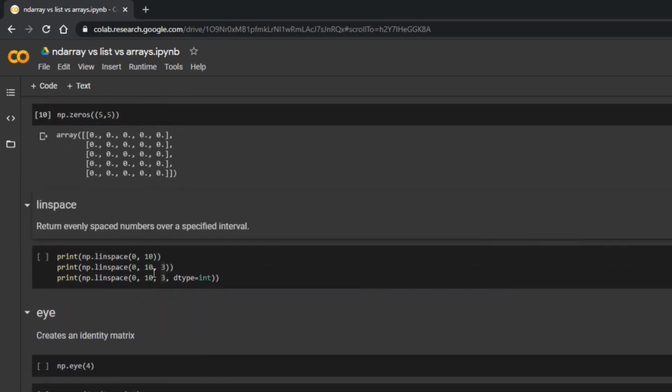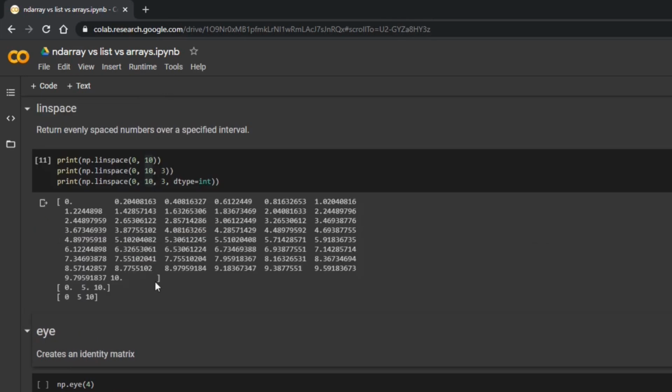Linspace. What is linspace? Let's first run this code and see what it is. Can you guess it? It will generate numbers between a range.